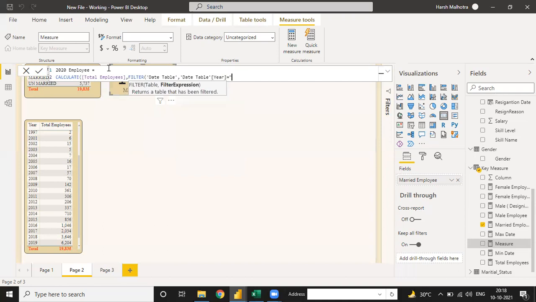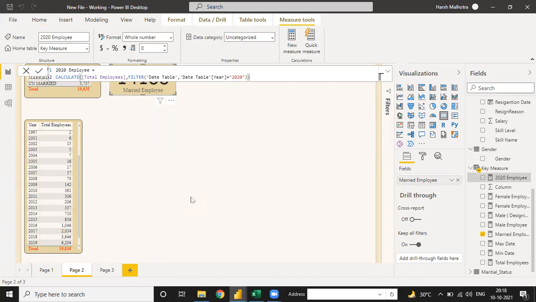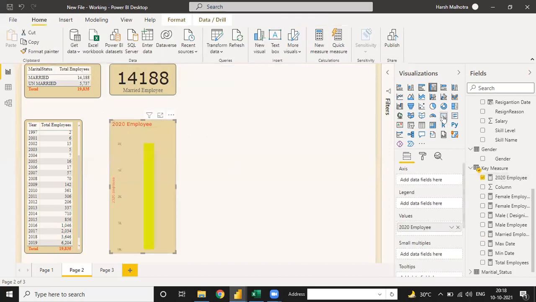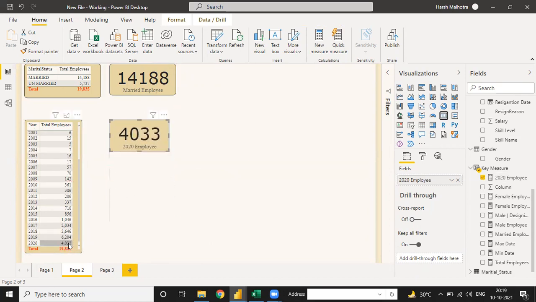For year you can select 2020. Just press enter. It will give you the value of 2020 employees only. Go to this value. In the card, see 4033. It's the same value as this 4033.